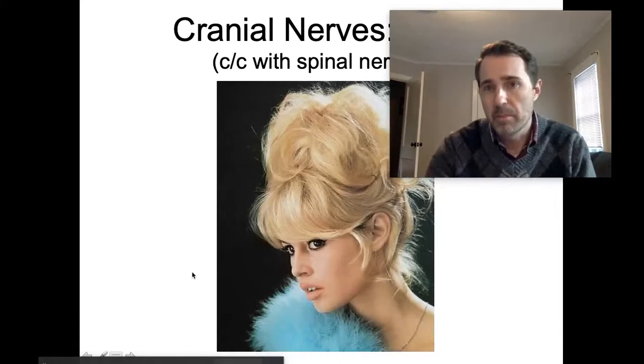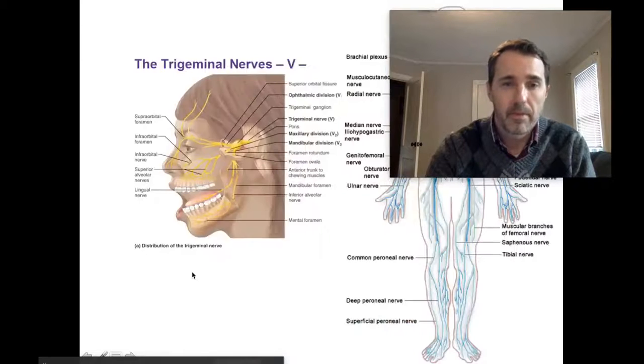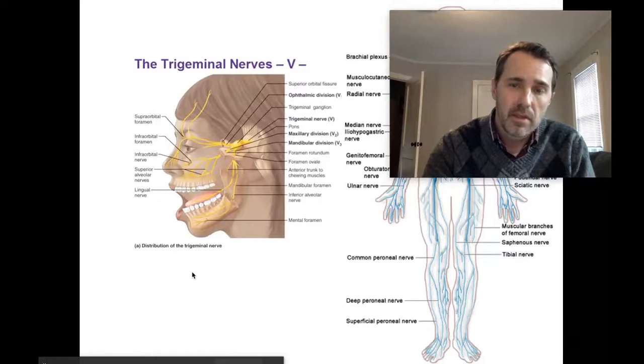And that is a picture of Brigitte Bardot, if you wanted to know. So,